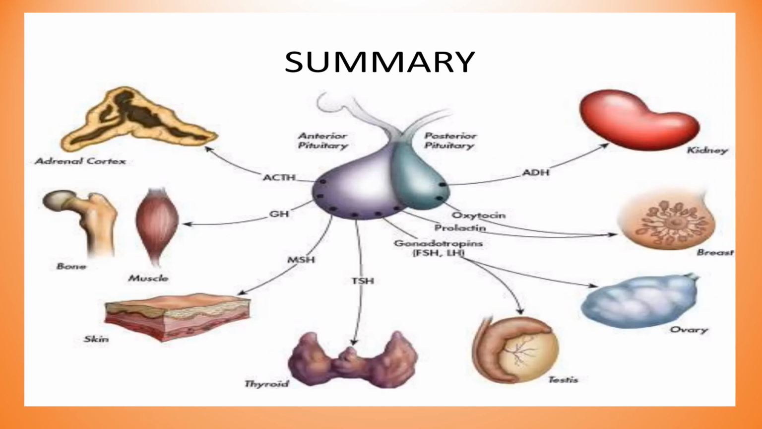Coming to the summary, we have seen the function and anatomy of the pituitary gland, both the anterior and posterior pituitary gland. From the anterior pituitary, adrenocorticotrophic hormone, growth hormone and thyroid stimulating hormone are secreted, and from the posterior pituitary, oxytocin and vasopressin are secreted. Overall, the pituitary gland has a direct interaction with the kidneys, breast, ovary, testes, thyroid, skin, adrenal cortex, bone, and